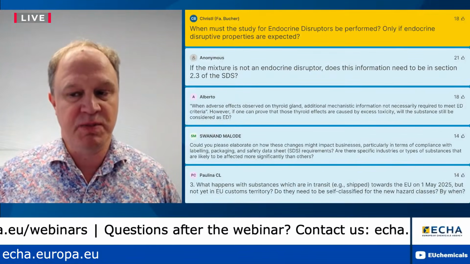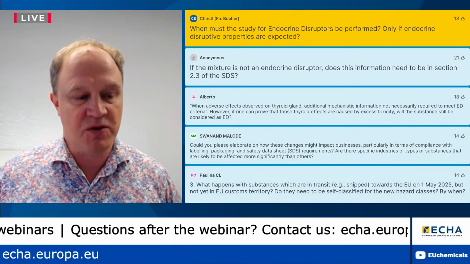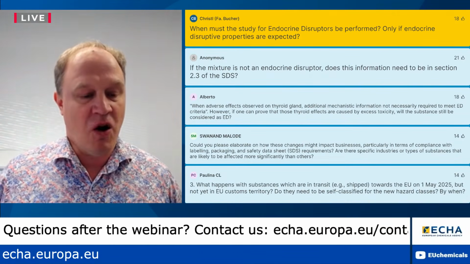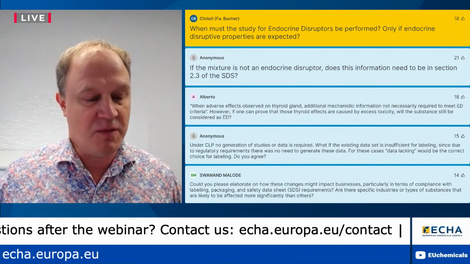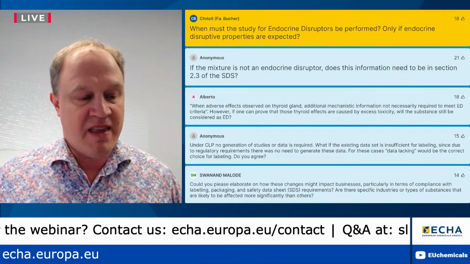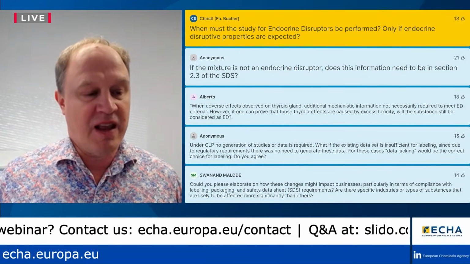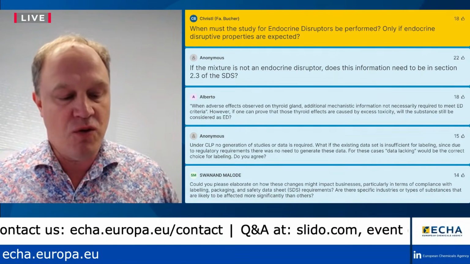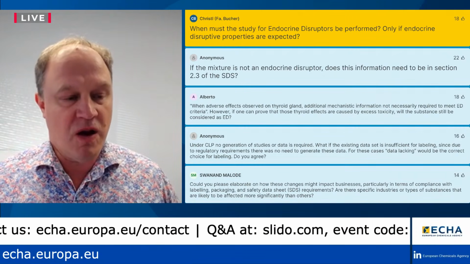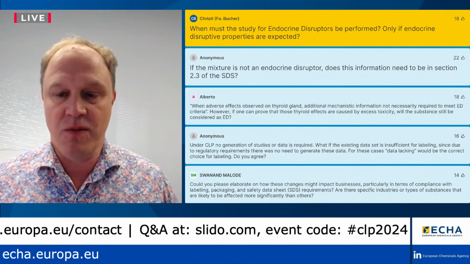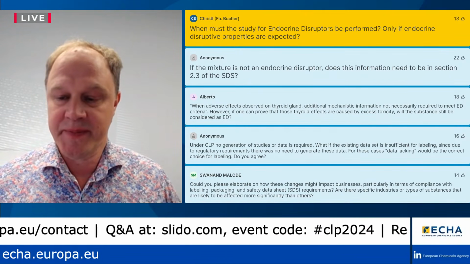Maybe I can add to that, there is no specific study for endocrine disruption. There's multiple studies that answer different aspects of endocrine disruption, and given the type of information that you already had, a different type of studies might be needed if one wants to further investigate endocrine disrupting properties. Thank you both.